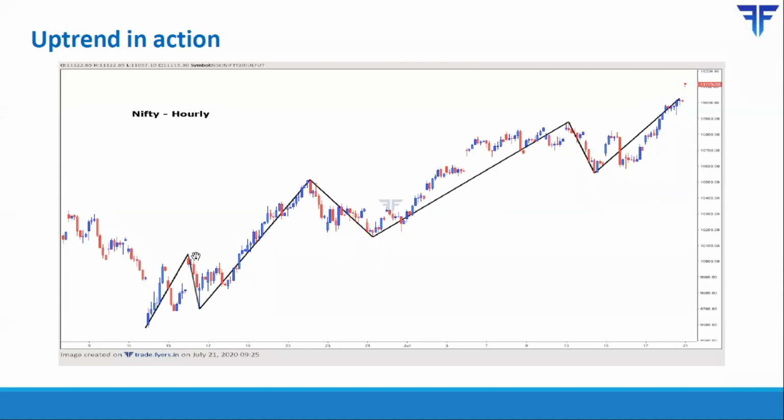So there has been a rally, then a minor correction, then the rally resumed again and broke above its prior high or prior resistance, went up, came down. This was the previous support that was never broken, rallied again, broke the previous resistance. So at this point in time, this resistance was broken, and that is how the uptrend is continuing.